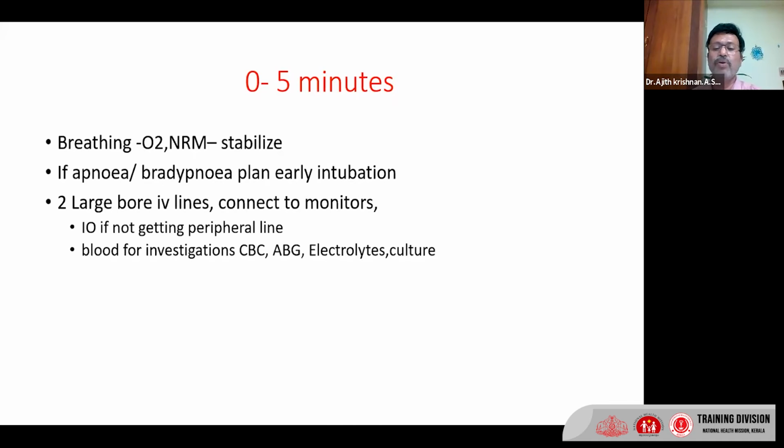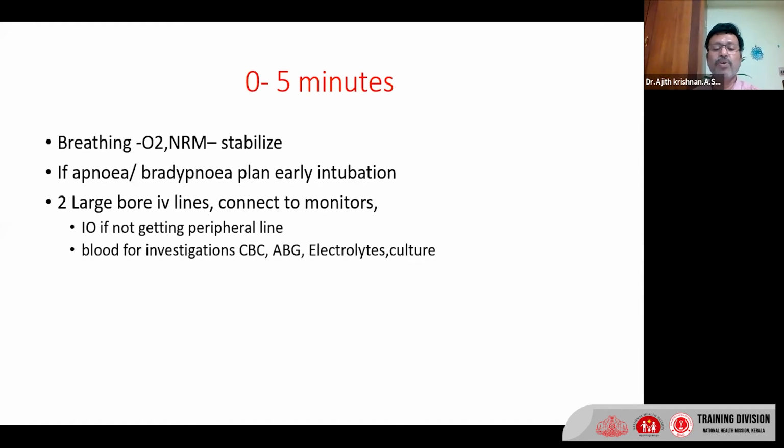Sometimes then you have to give an intraosseous line and start giving fluids. And you give fluid, and gradually you will get the lines, and then you can get the peripheral lines. So do two large bore IV lines. The initial one is for resuscitation, as well as you can collect blood and start resuscitating, and then